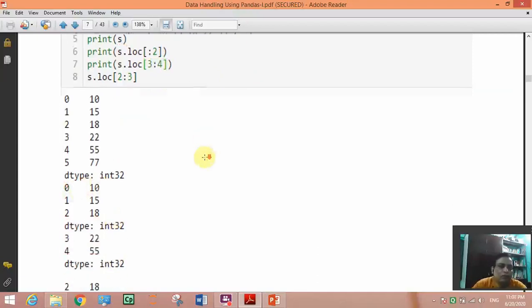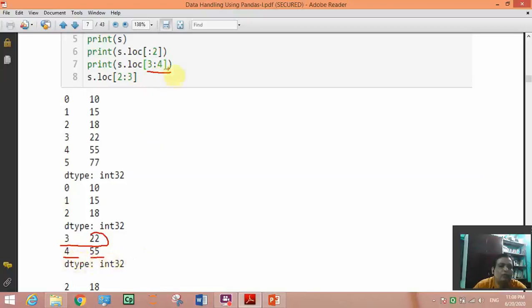Here you can see 3 colon 4 means it will start from 3, and index 3 is having the value 22, and up to 4 it will go. So it is giving the 4th index and value.